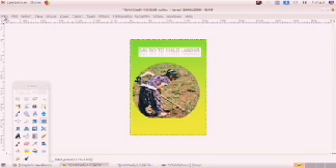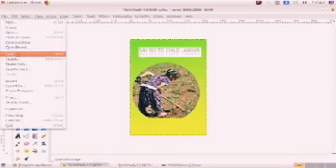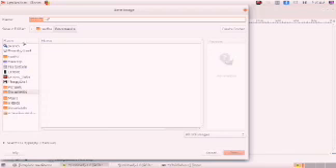Okay, then file, save. Always give the file name as a suitable one, not with your name or your friend's name. The work's name only you have to give. Poster, poster.xcf.